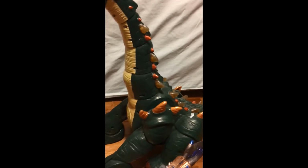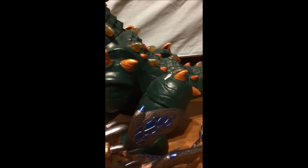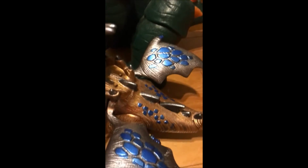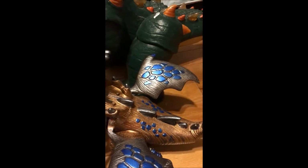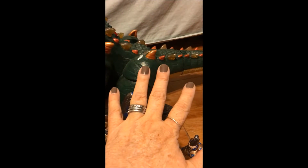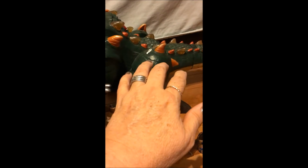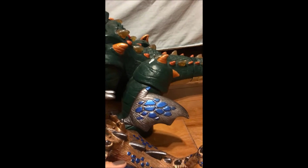The only thing I'm going to have to do for him, and I'm trying to figure out how to do it, is his wings should match this guy's wings. So I'm going to have to make a template and make the wings and shape them. See how they're concave. They're not flat. They are like this, like your hand. They're not like that. They're like this. So I'm going to have to make his wings,